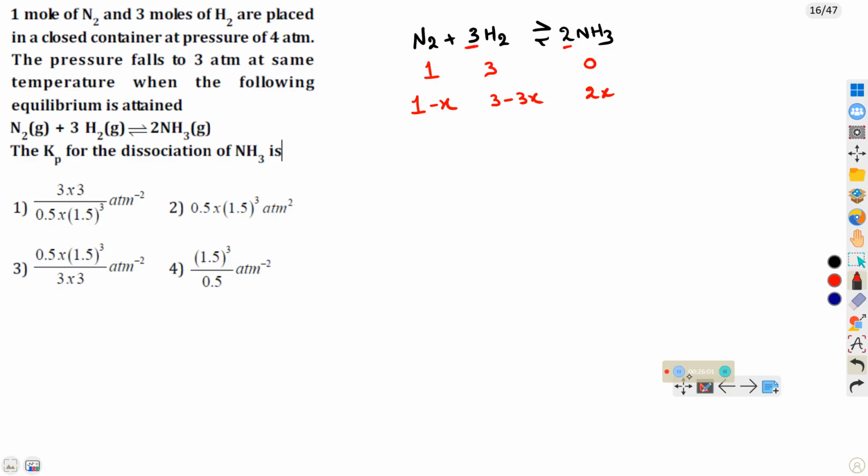Now, what is given? Total pressure is given as 4 atmosphere. So 1 minus X plus 3 minus 3X plus 2X is equal to 4. Simplify. 1 plus 3 is equal to 4, minus 4X plus 2X, minus 2X is equal to 4. X is equal to 0. No,